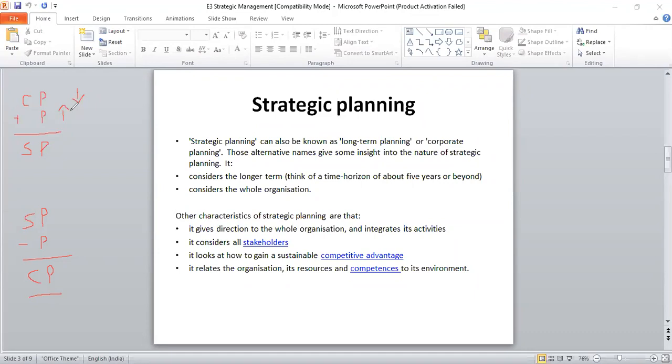Resources available, like capital availability, other resources like material, whether labor is easily available, skilled workers, employees with technical knowledge. All those are resources. Do they have the kind of technology which they can use? The resources should be looked into, and the competencies. They may have many employees available, but maybe they are not skilled, not trained, maybe they lack that expertise. Those things also should be considered.